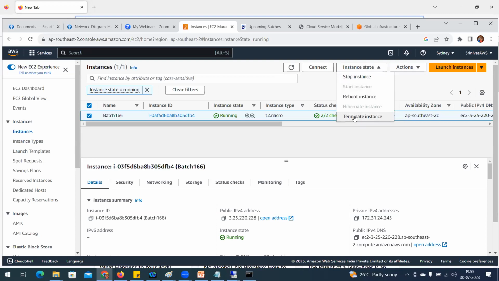See here, terminate instance, not stop instance. What is the difference? A stopped instance is not running, but it is still going to consume your storage and some information remains.